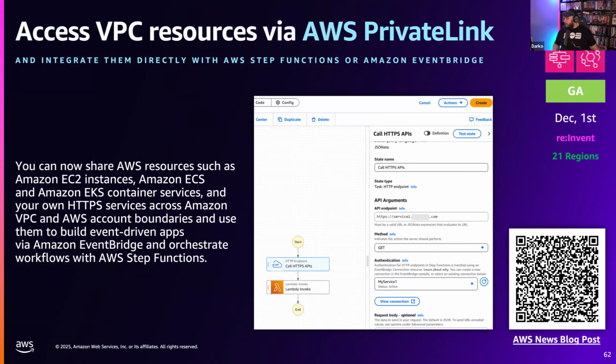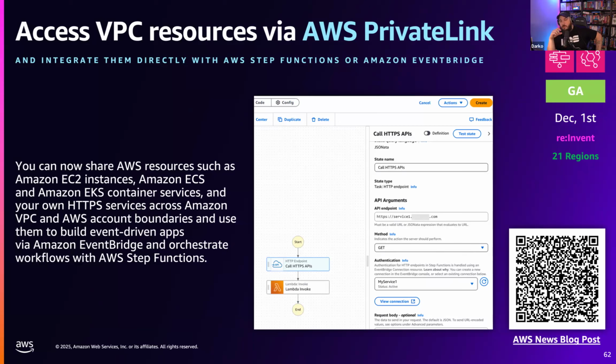Okay, access VPC resources via AWS PrivateLink. And this is a way to integrate these VPC resources such as EC2 instances, ECS clusters, EKS stuff, and even your own HTTP services across multiple VPCs and Amazon boundaries, and use them to build event-driven applications.